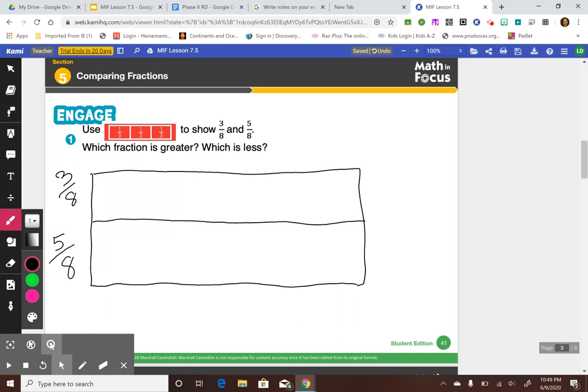Now, the reason I made one really big rectangle is to make sure that both of my wholes are exactly the same size. And because they are both divided into eighths, I can divide the whole thing into eighths. Here's how to do that. I can divide it in half. Now I have two parts to the top piece and two parts to the bottom. Now I can divide it in half again, and that makes fourths. I do that by finding the middle of the halves. And then if I do that one more time and I find the middle again,